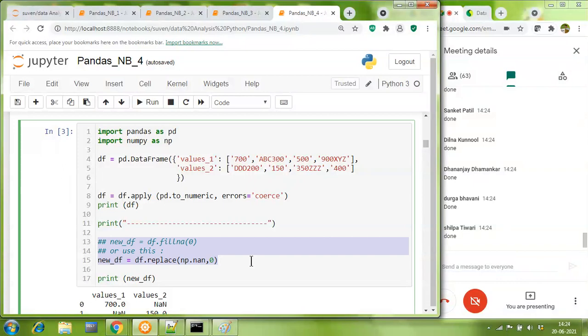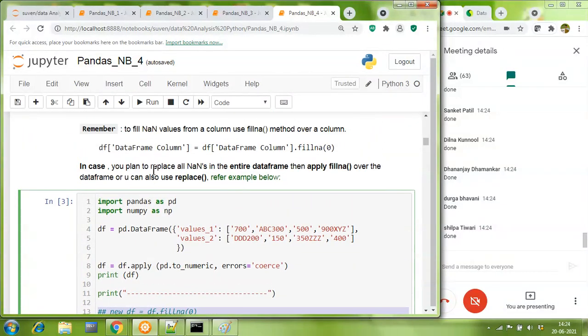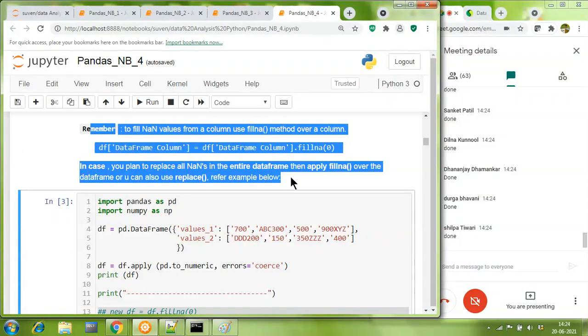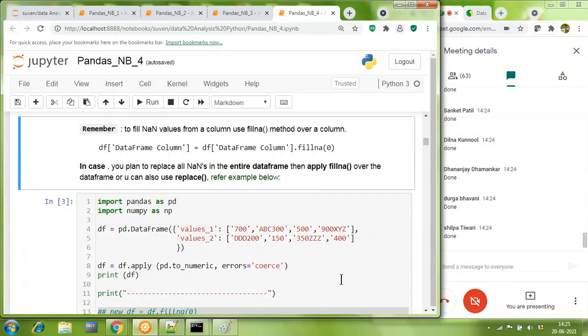these two equivalent codes. So if you're running the fillna function over the data frame, then everything in the data frame where there is a NaN will get replaced by a 0. And what fillna can do, you can also do by using the replace function. So I want one of you to come ahead on audio to explain this part of the code. And for doing so, you're welcome to read this paragraph in your minds. I'm holding for 1 minute for somebody to come ahead.